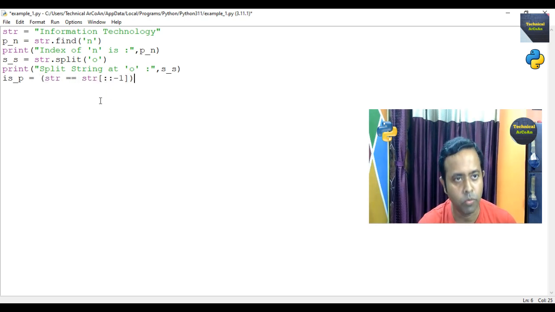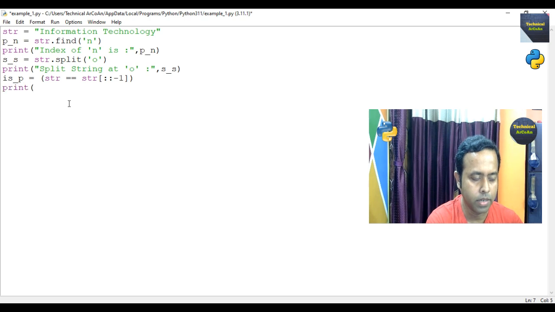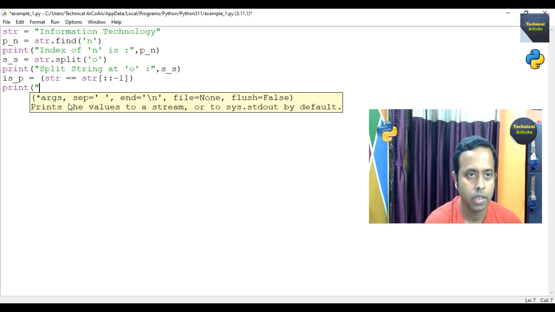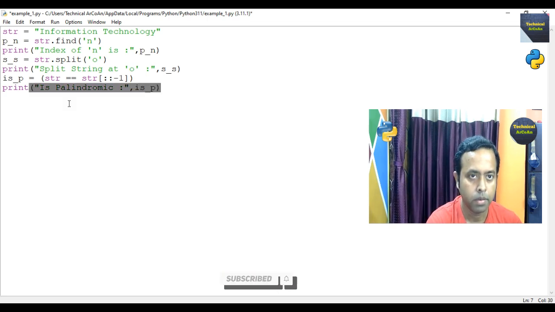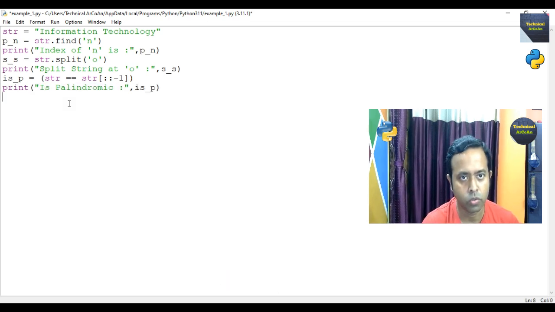If it is the same, we can say it's palindromic, then it is stored as true. If not, it is stored as false. Okay, so then we print again. What we print, just write "is palindromic", put a colon and comma, and then write the variable name is underscore p, bracket close, parenthesis close,